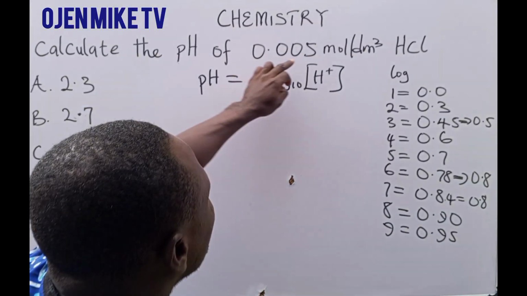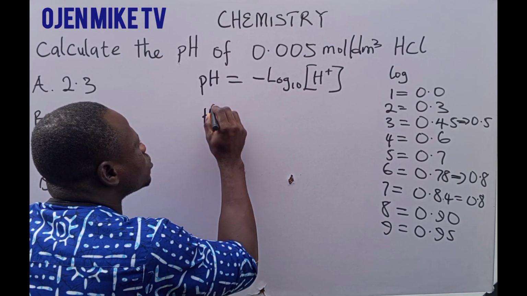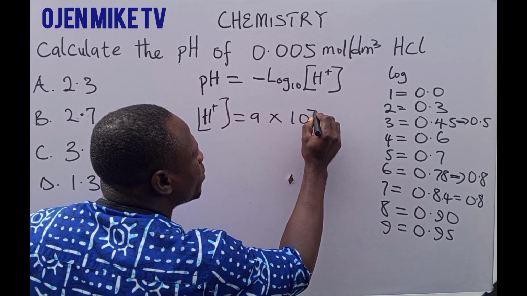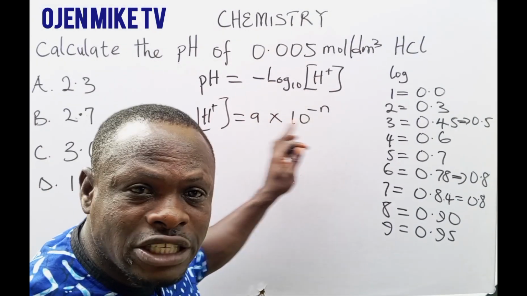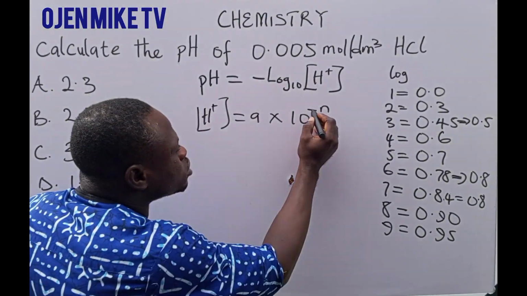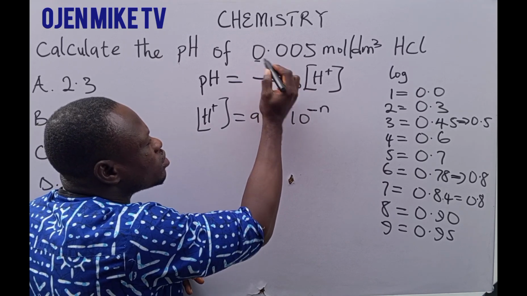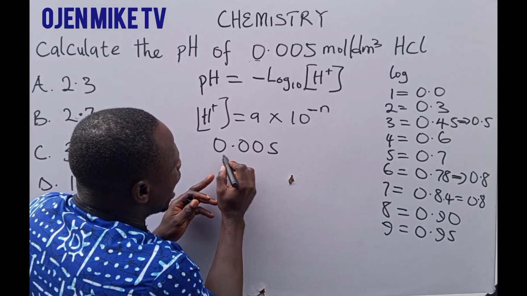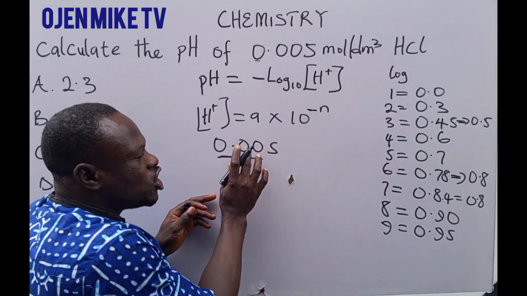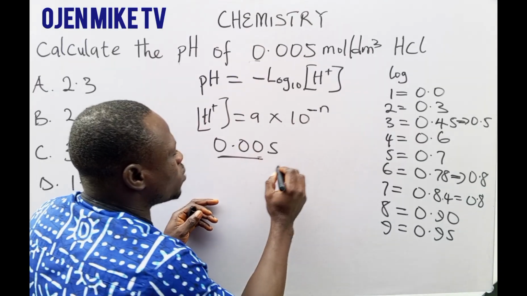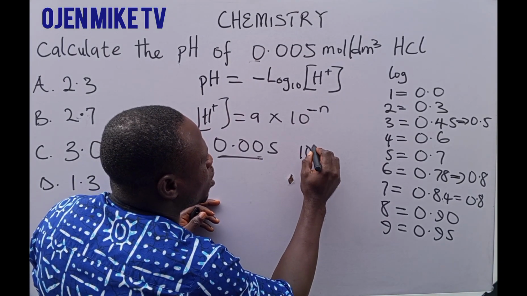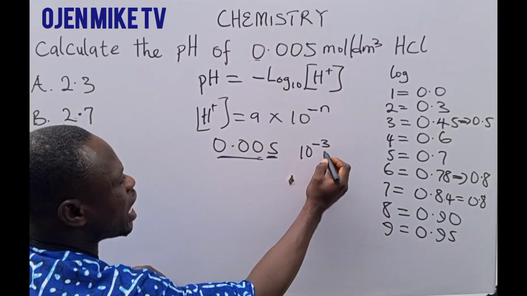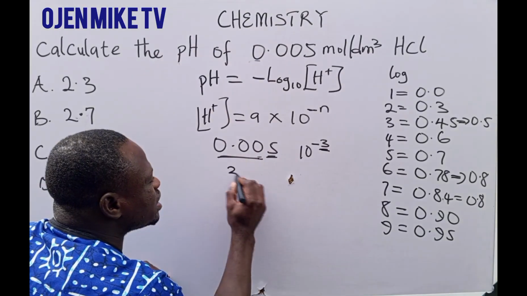Now, for us to be able to find the log of this, what you're going to do is hydrogen ion is equal to A times 10 raised to power minus n. You might not remember this formula. What this formula is saying is that this minus here is coming from this one. Like now, 0.005. What I will simply do is count how many zeros are here. There are 3 zeros. So n is equal to 10 raised to power minus 3. So what is left is 5. What I'm simply going to do is take this 3 now and say 3 minus